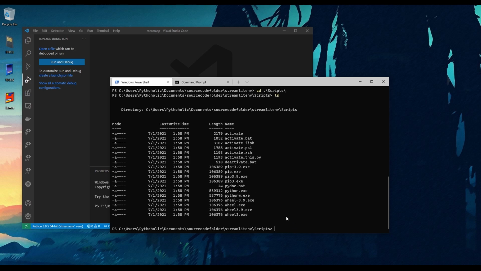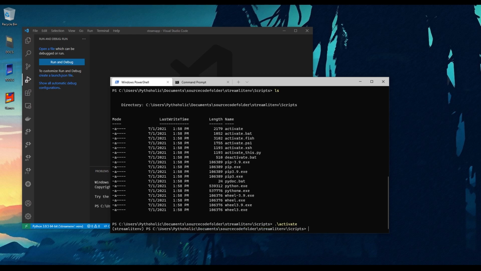So what I can do, I can just type activate and do a tab. Then it'll tell me that this is the file that you want to execute, and just hit enter. So once you hit enter, if everything works fine, you will get this environment activated. So this means that your environment is activated and anything that you do will affect only this Python executable or